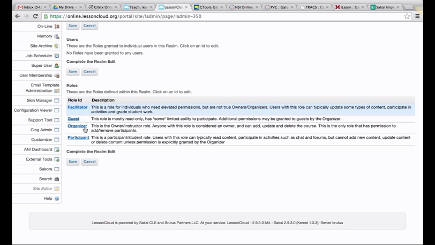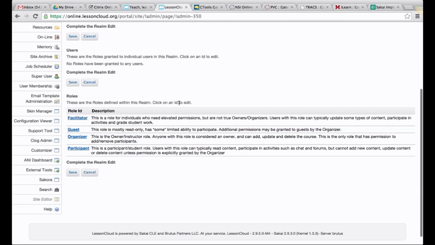This is kind of a funny story. I was at the University of Florida a couple of years ago helping them with their Sakai implementation. They had a group of nearly 30 people in the room going through the decision-making process that I was presenting to them. They initially started with more than 20 potential roles for their Sakai implementation, and they finally whittled it down to about 13. But for any given course in the University of Florida implementation of Sakai, users can be one of up to 13 different roles. So that's something that you want to consider beforehand,